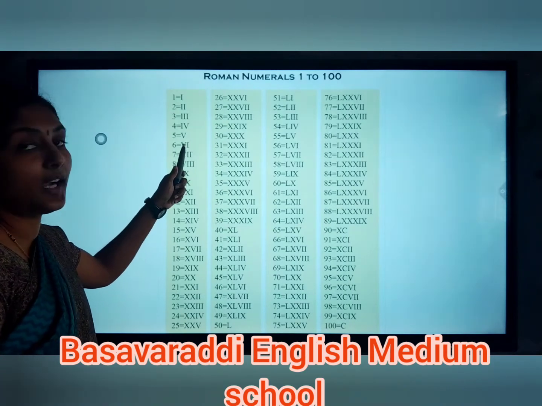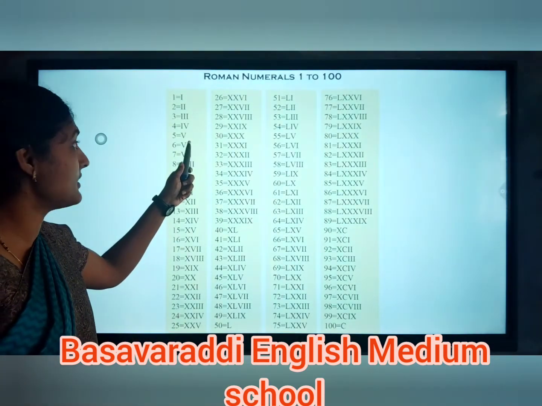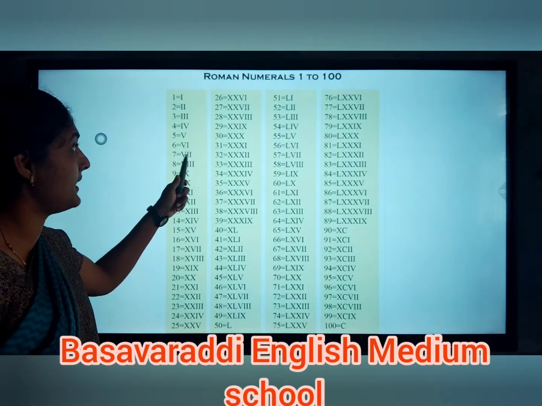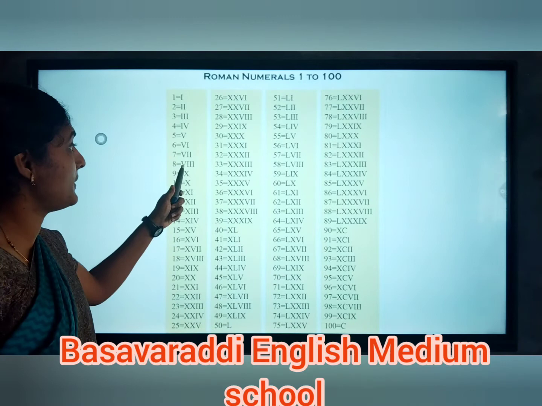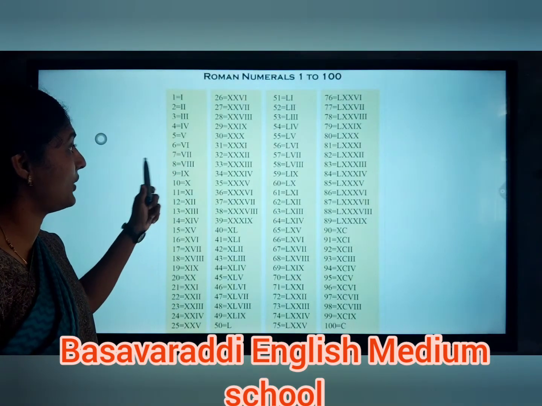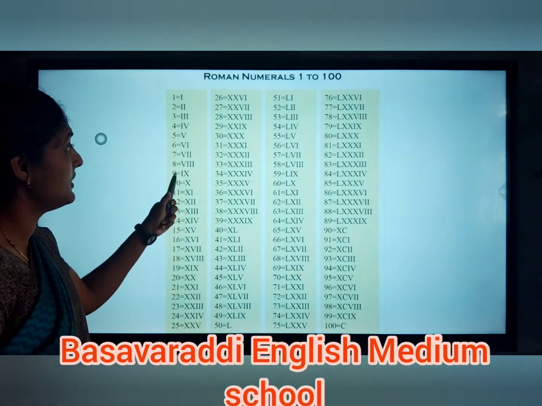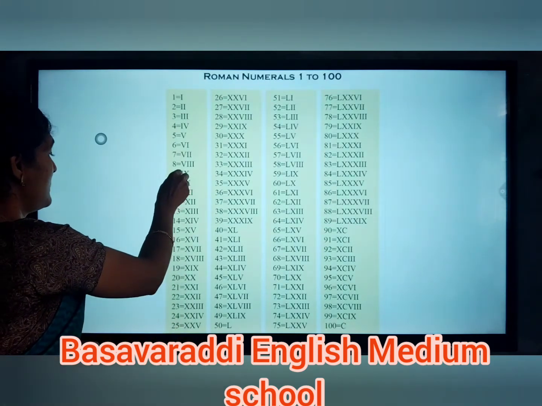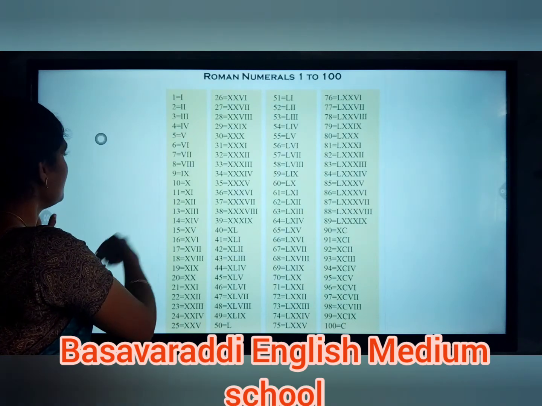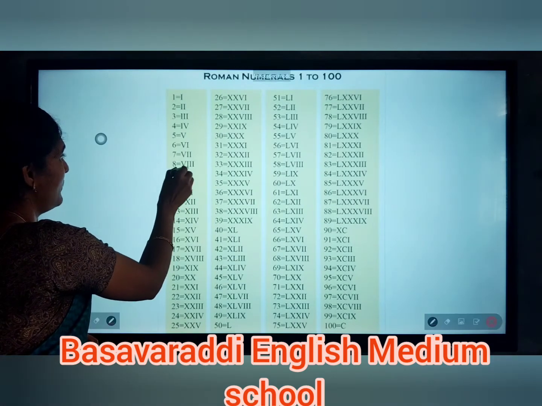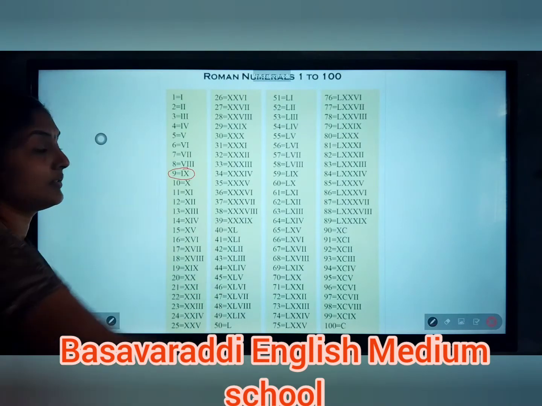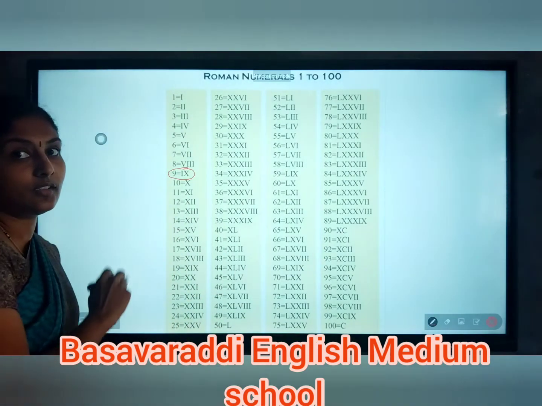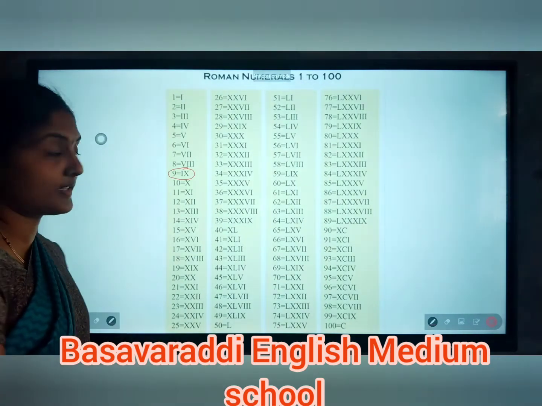So the I is added to every Roman numeral. VI is 6, VII is 7, VIII is 8. Again, I and X, so that is the value 9. So how to write the 9 value here? Look here children, I and X shows the 9. So how to write the 10? That is the basic symbol, X.